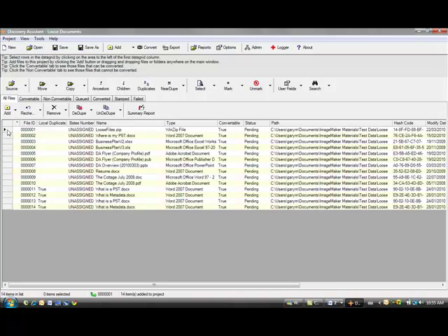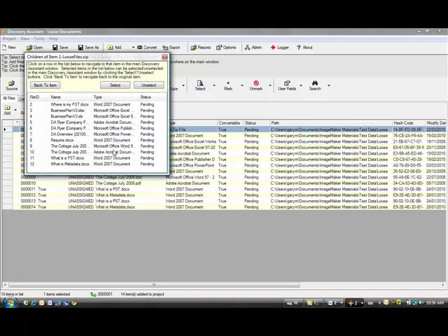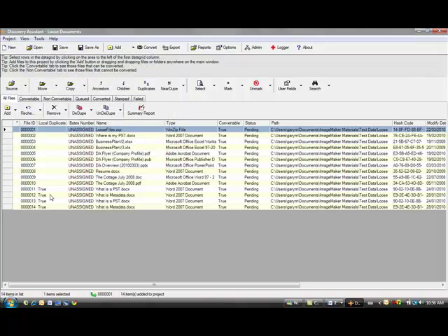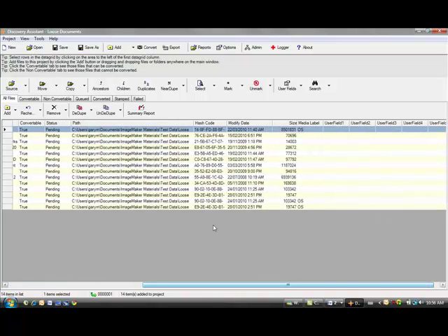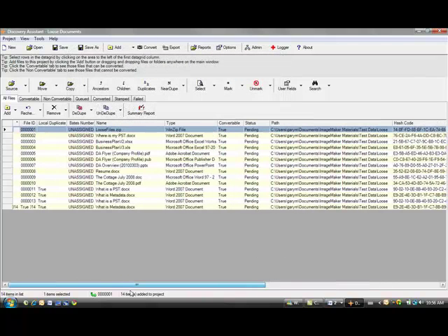If I look at the first item in this list, which is an item identifying the zip file itself, and click on Children, it shows me that all of the other documents listed were in fact derived from this zip file. It's also automatically identified two exact duplicates. And it does that by automatically calculating an MD5 hash code, which is like a fingerprint for the file, and compares them. When it finds an exact match, it identifies it as a duplicate,